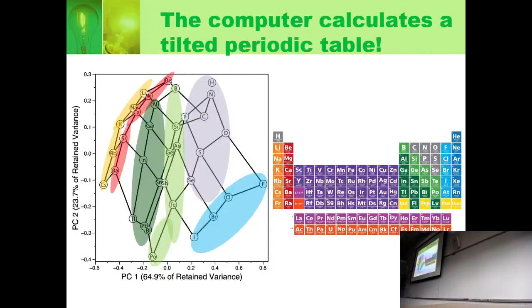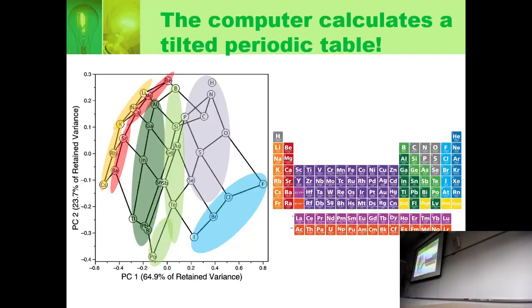This is what it does. And at first it doesn't look like a periodic table, but then you start to look. Oh, it's putting all of the halides over here in blue. It's putting all of the semi-metals in the middle. And actually, if you look at the colors, we're not dealing with transition metals because I think the D block